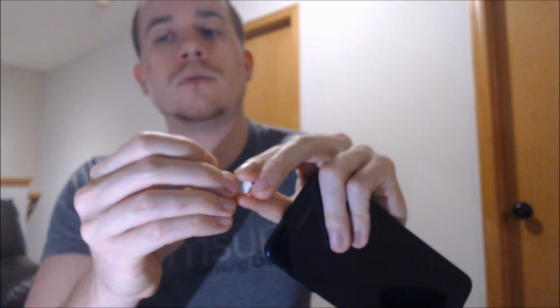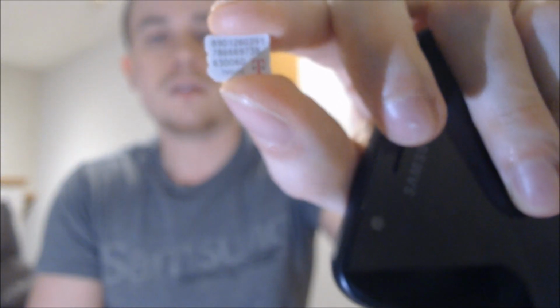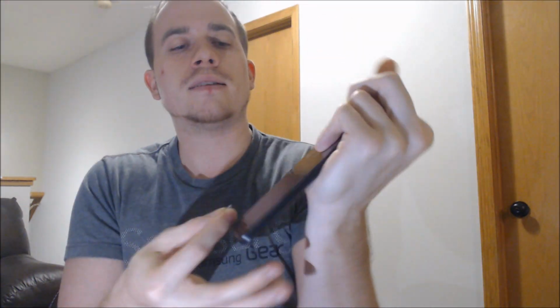Now I'm going to go ahead and pop in a SIM in here for testing. And just so you can see what we're going to do here, this is a T-Mobile SIM. We got the T for the T-Mobile. Now I'm showing you that because these devices, we found out, are a little unique in that they actually don't show the network name of the network that you're connected to. So I will explain what I mean here in just a second once we get that SIM card popped in. All right, there we go. Okay. T-Mobile SIM card is in,